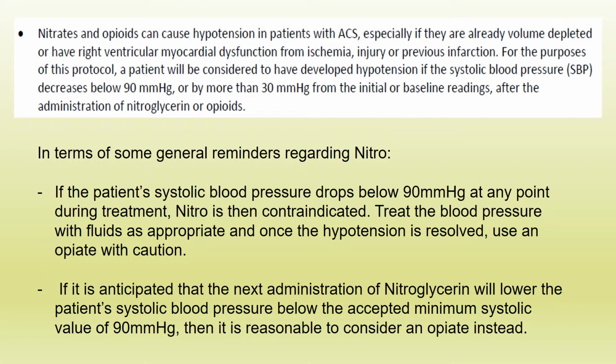And this is a memo. This is just kind of a copy paste from a memo that we put out. So the top portion here, it basically is a cut and paste from the OMD protocol for the acute coronary syndrome. And what it is essentially saying is if you have a drop of 30 points systolic from your initial after you begin treating an ACS patient, that you are to stop immediately. So for us,